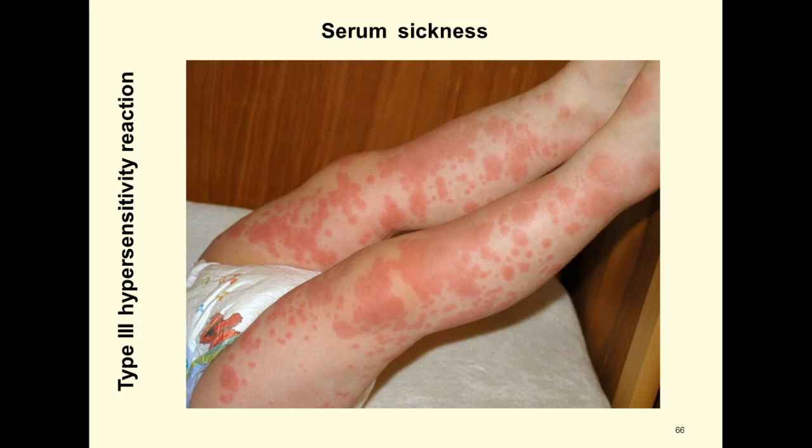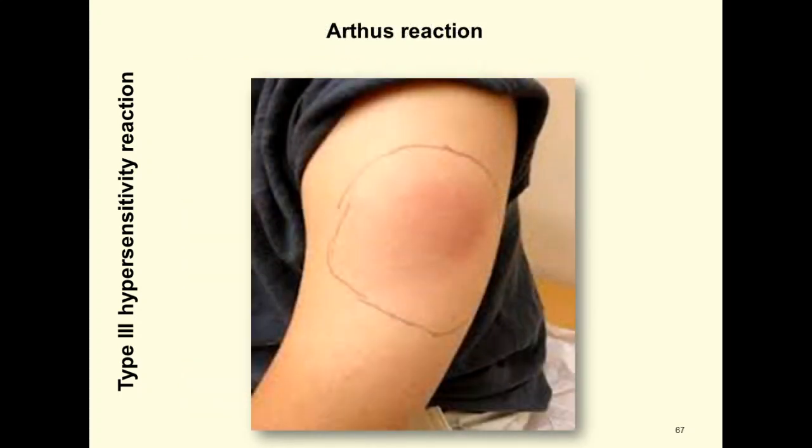And I underline again several times. And the example of local situation, Arthus reaction, when we also invade some drug, but invade mostly in the muscle, not in the vein exactly. And we find all features of inflammation again, but the mechanism of development is the third type of reaction,